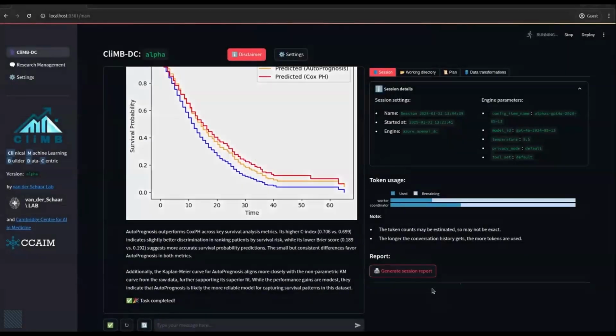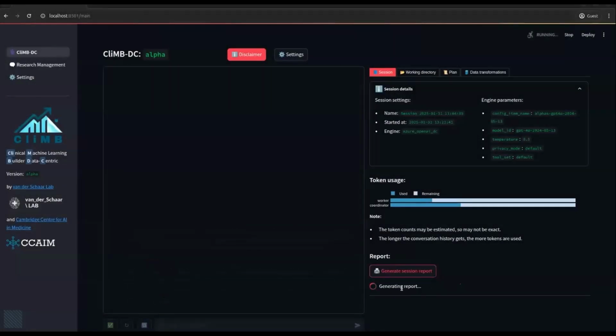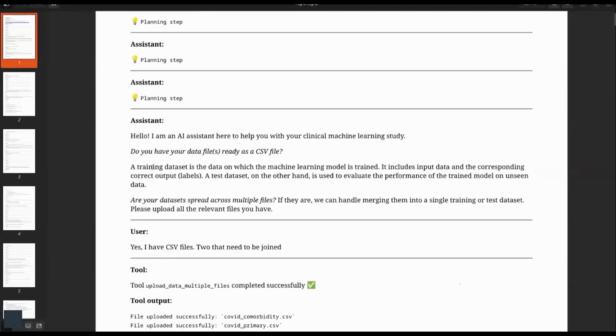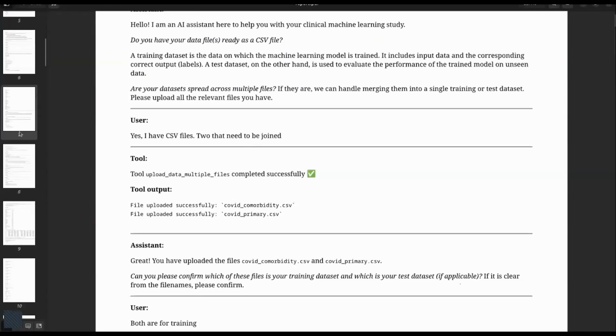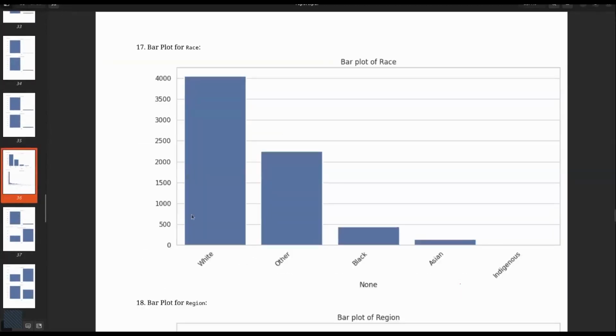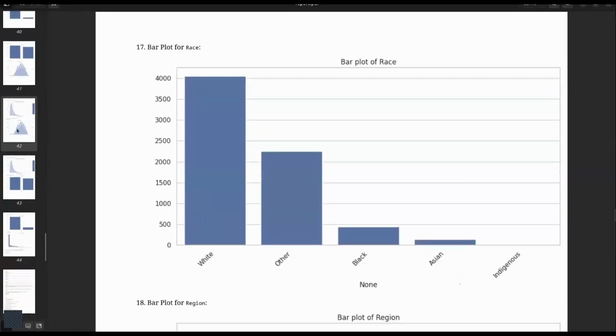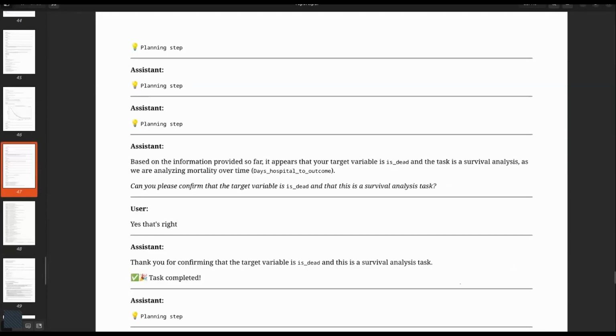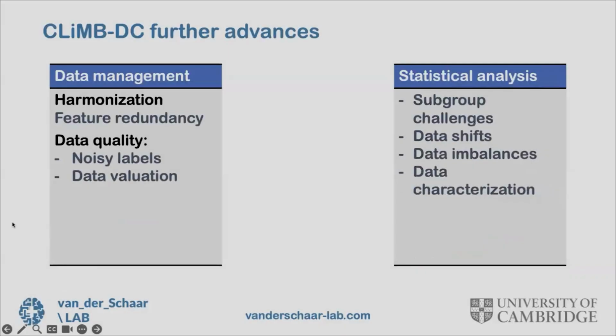And to do that, we just push this button, and that will generate for us a PDF report with all the necessary information, everything traced exactly, every single step we took, all the different tools that were invoked, all the different charts that were generated at different steps, all the code that was generated and executed, etc. And you can always refer to that as a PDF file. And that is all. Thank you so much for the example.